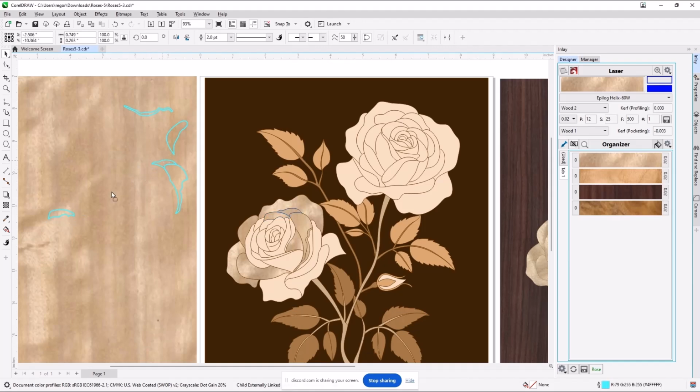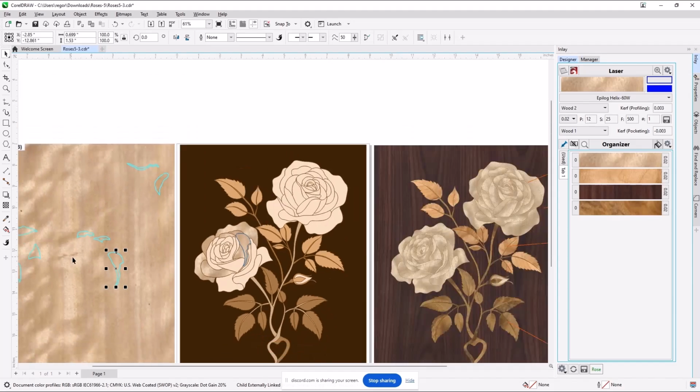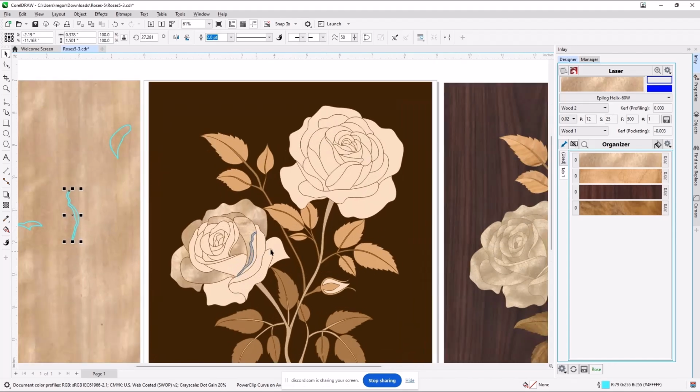Maybe this piece, and this one right now, maybe if I wanted the grain to be pointing into the center of the rose, maybe I want to rotate this a little bit. If I'm happy with the contrast here, this one doesn't have enough contrast. So maybe this piece ought to be in a lighter area so that this piece, I'm going to correct the orientation, can be put in a darker area and give the effect of a shadow on the rose leaf in that region here.